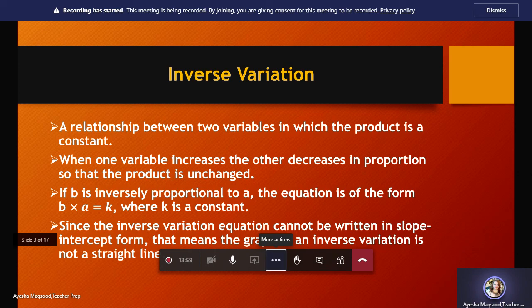For the concept of inverse variation, we know that one value increases, the other value decreases. Although the second value is the same here, if you see the x 4 and the y 16, if I multiply the product, I will get 64. The second product for the constant k, again, 8 times 8 is 64. The third product, -2 and -32, if you multiply them, you will get 64 again. So the constant k remains the same.